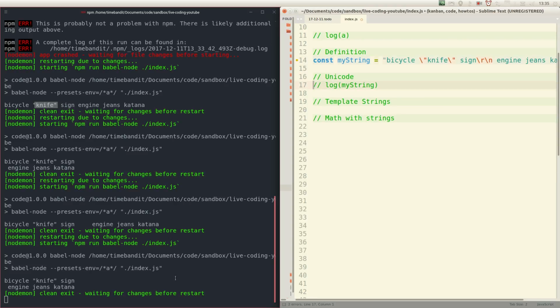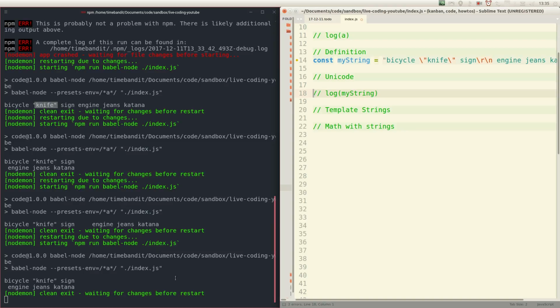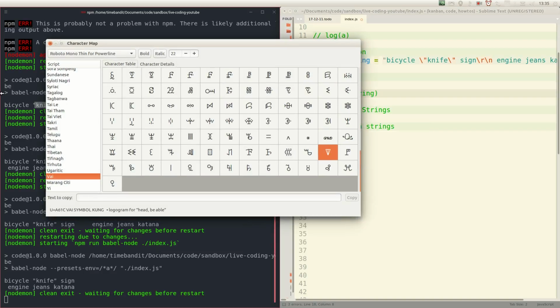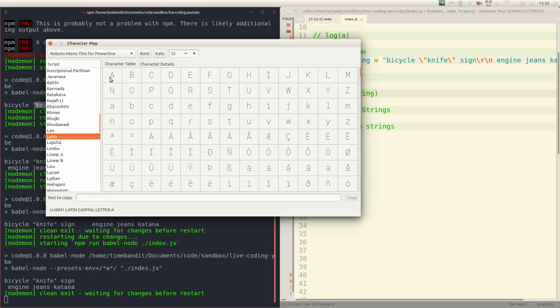Characters are encoded using something called Unicode. So if we look at a character map and we look at the Latin alphabet, which is what we use typically in Western countries. Take this for example. Now normally you wouldn't have to know the Unicode for this, because you type in the letter A, but each and every character has its own equivalent Unicode value. So for example, here we have the capital letter A having a Unicode value of 0041,